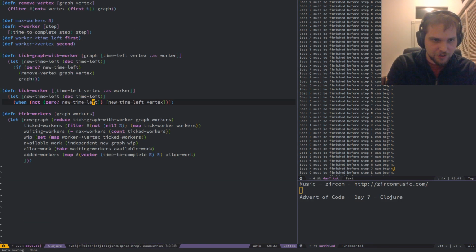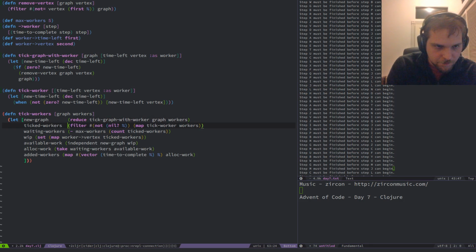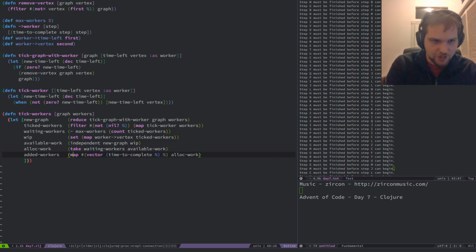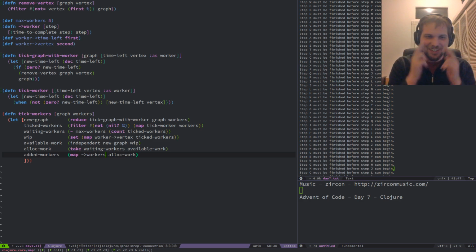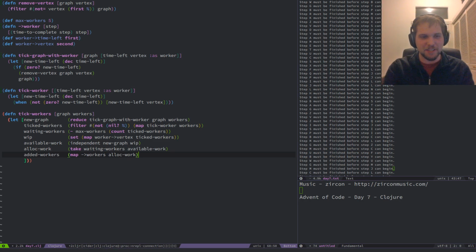I actually really like how this is fleshing out. That is tidy. Okay. Map the allocated worker into workers. I like how that reads. I love how that reads. Oh man. Sometimes a solution is delightful just because it reads nicely.